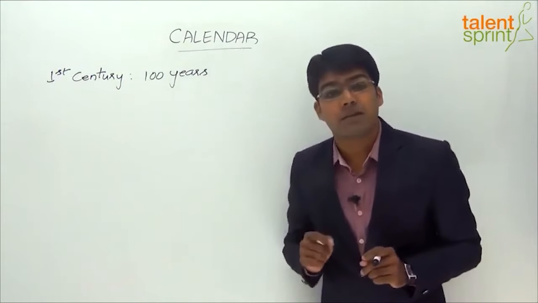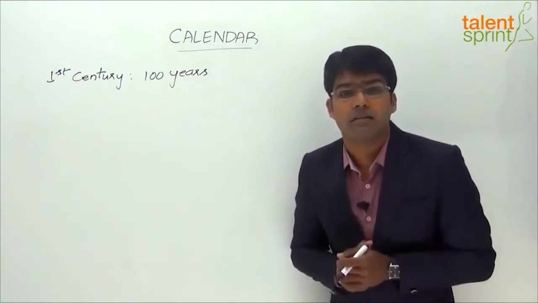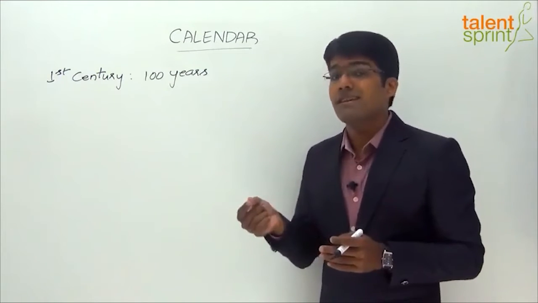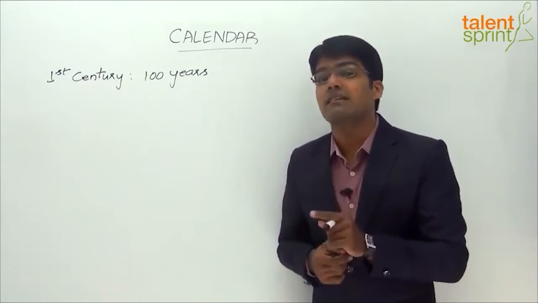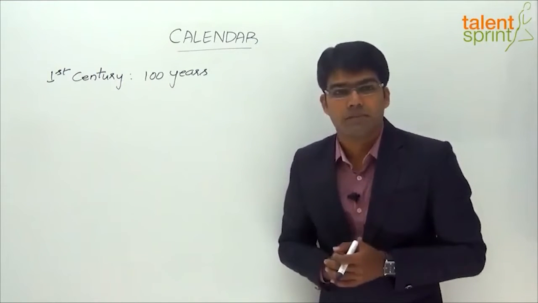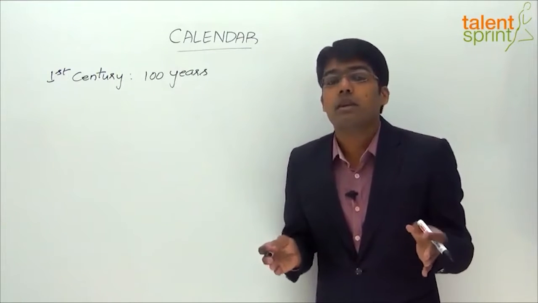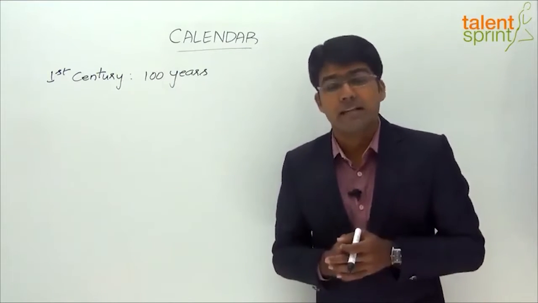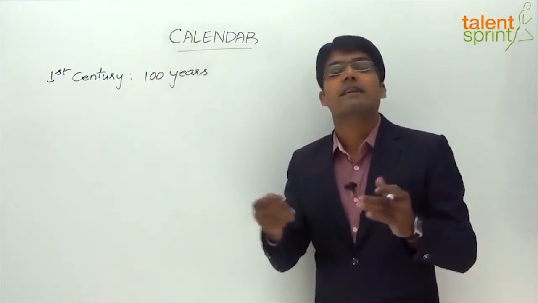But remember, the 100th year, that is the last year in this period, is a century year, and we have discussed that for a century year to be a leap year, it must be divisible by 400. 100 is not divisible by 400, which means the 100th year is not a leap year. So in the first 100 years, there will be only 24 leap years, right? There will not be 25 leap years. Don't simply divide 100 by 4 and say 25 leap years.